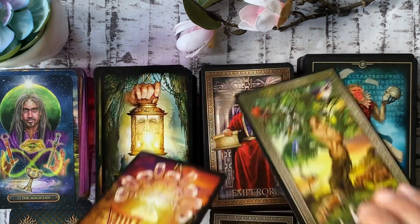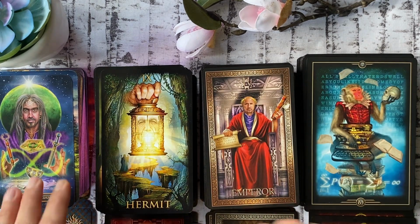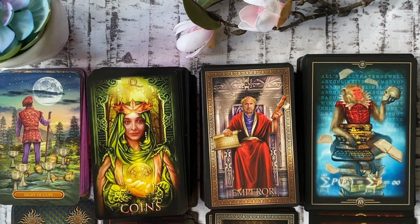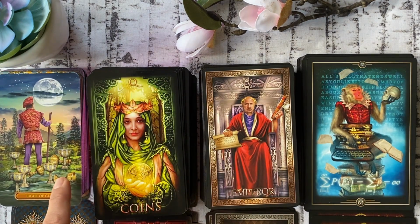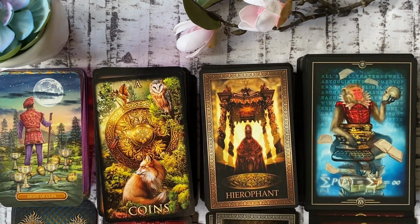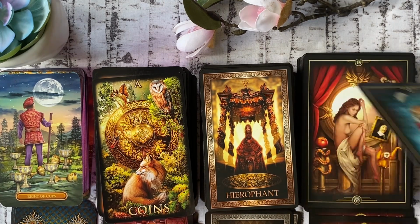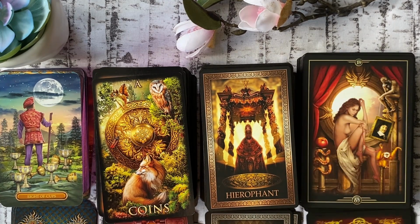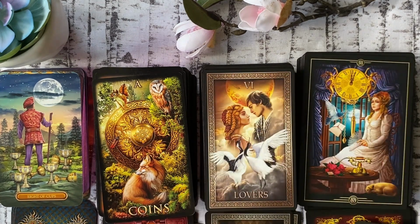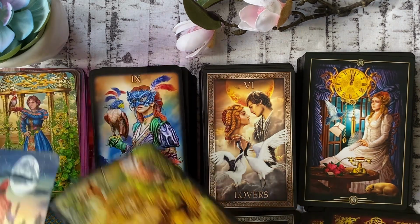Now the Gilded Tarot was my very first tarot ever, the original Gilded Tarot. But since seeing that this one has come into existence, I kind of wanted to have it because it reminded me of when I first started with tarot. I don't really need it, but it's so cool, and there are just so many cool elements